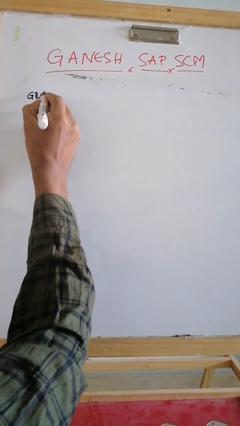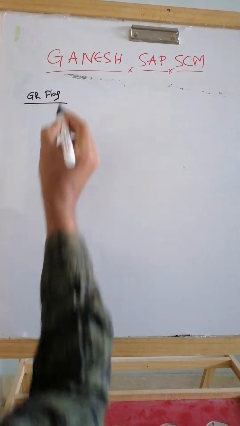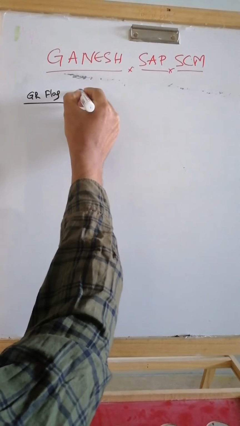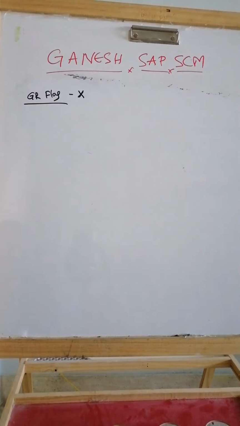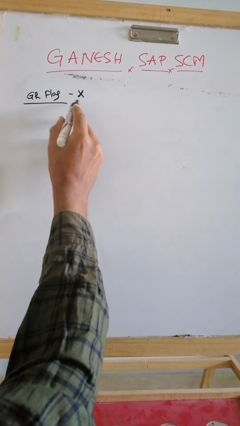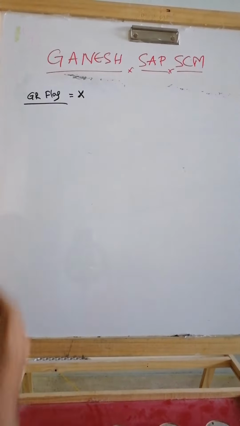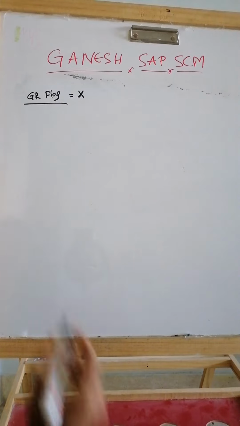So we are going to have, there is a GR flag, okay, GR flag X, whether it's GR based IV or IR based, there is no GR based IV secondary. When we have a GR flag equal to X, you have two cases, GR based IV is active or GR based IV is not active. If GR based IV is active, system will not allow you to create the invoice receipt until goods receipt is posted. If GR based IV is not available, only difference is